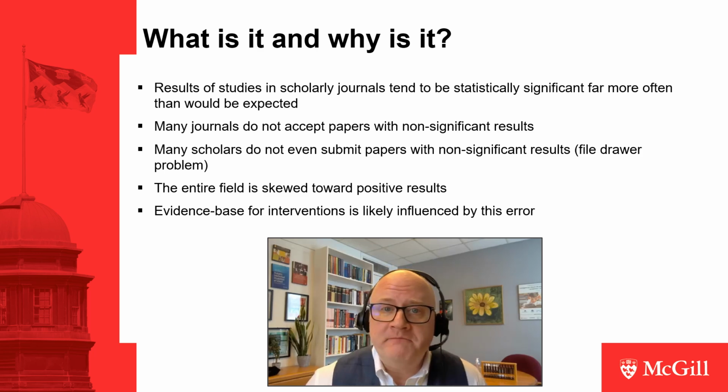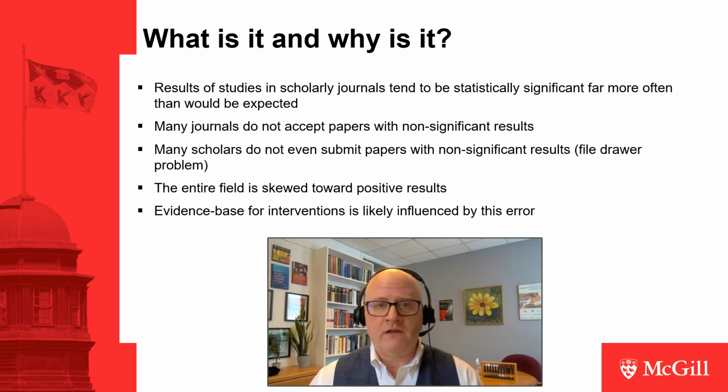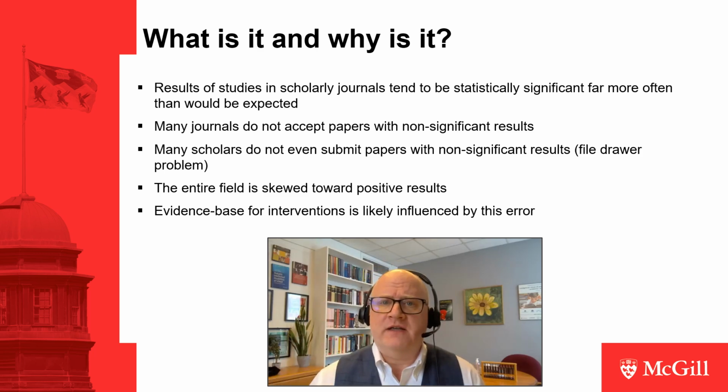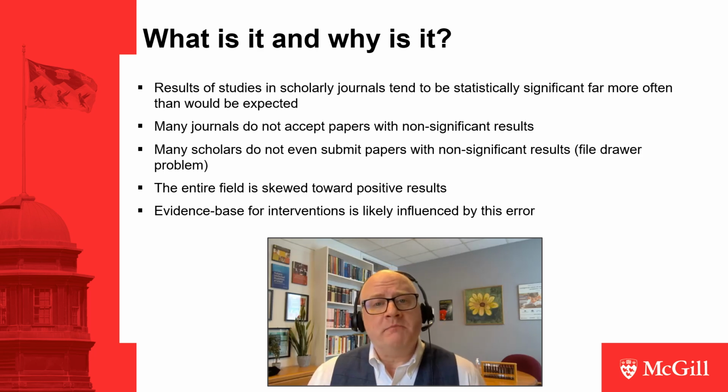This cannot be. There are certainly a large number of things that are disproved or fall out of favor, but when you look at the structure of what is published in scholarly refereed literature, the vast majority are statistically significant. Now, why is that? That can't be true. No, it's an artifact, and the artifact is called publication bias. One thing to remember about the word bias is that it has multiple definitions, but bias really means non-random error.